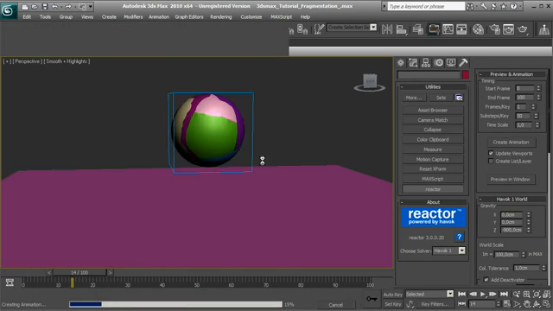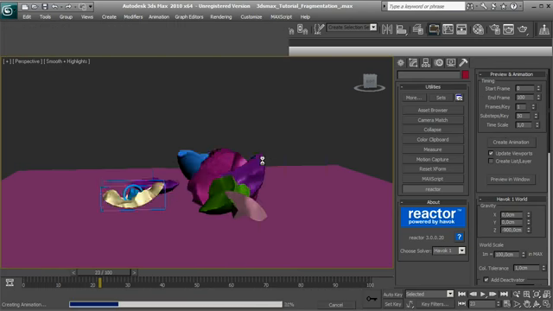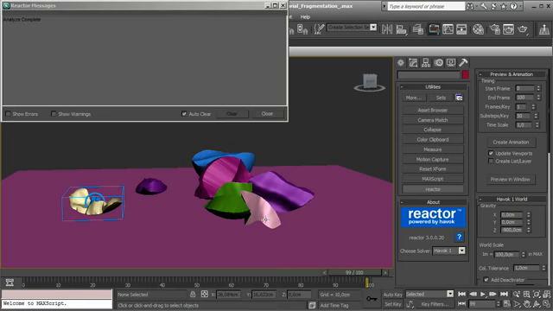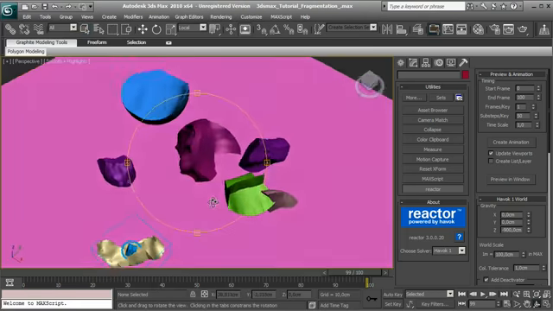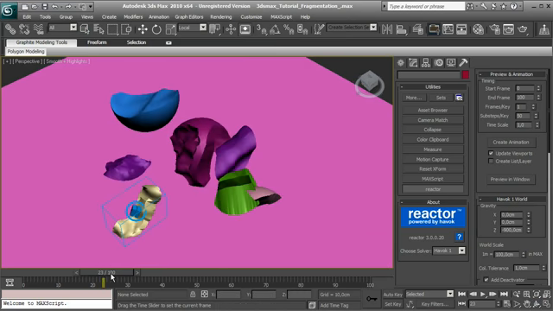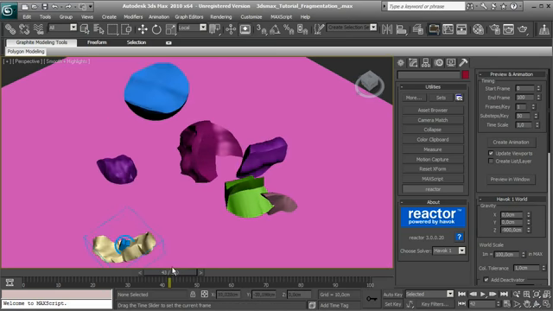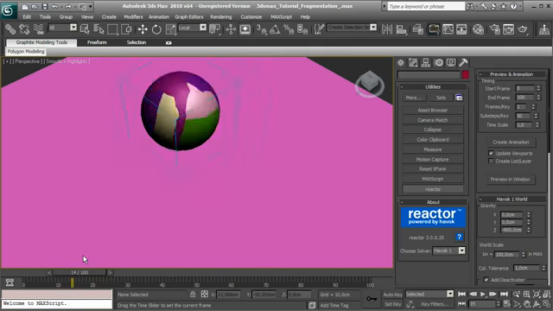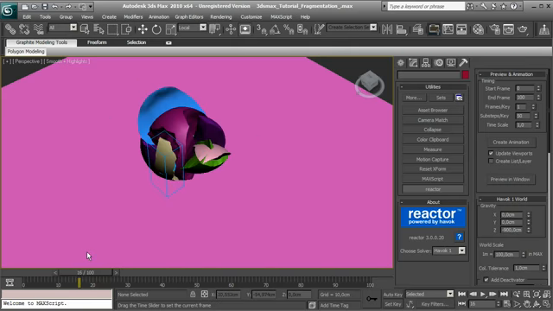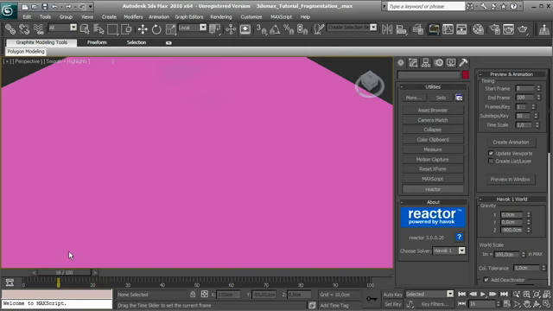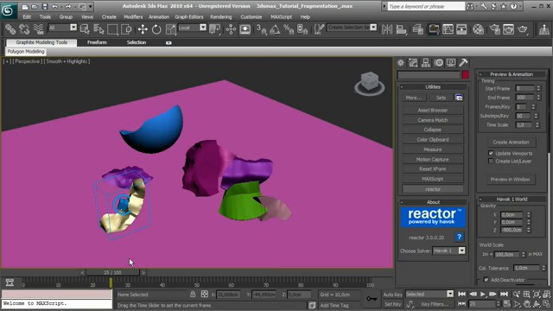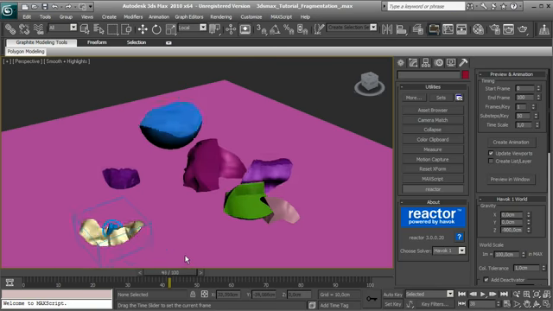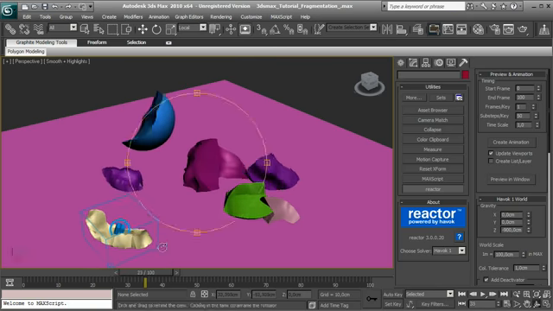Let's try with 50. Now it starts to be slower, and actually we have a problem just for these pieces, and it depends also on the amount of faces that are in the mesh, and also the collision tolerance and the speed of the simulation. And the good part is that this is very simple and very fast to prepare, and we can use